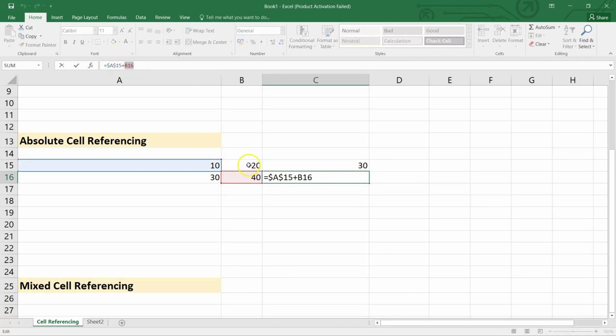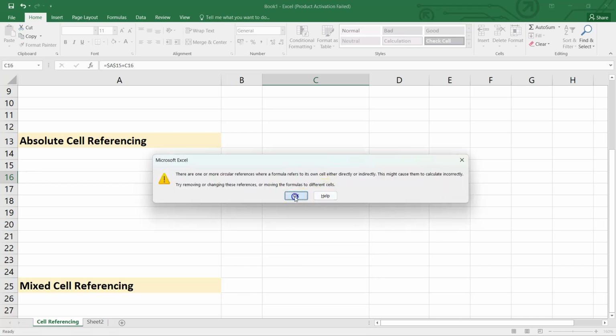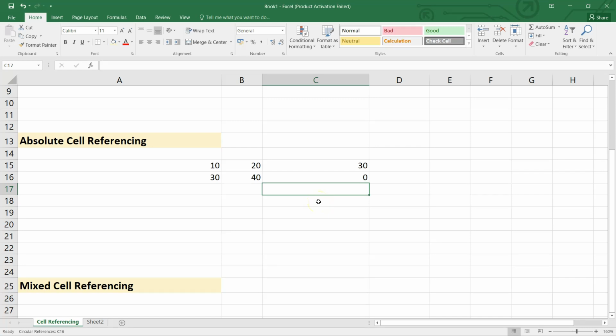Previously it was B15, now it is B16, and similarly it will keep changing. That is how absolute cell referencing works.